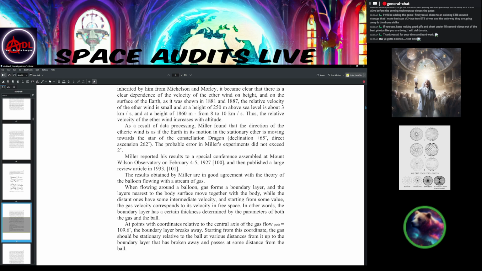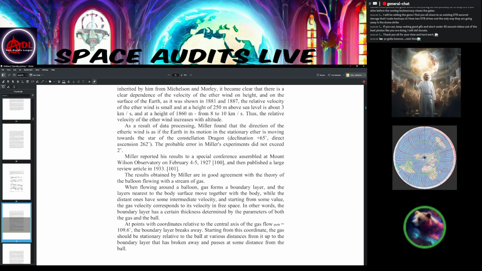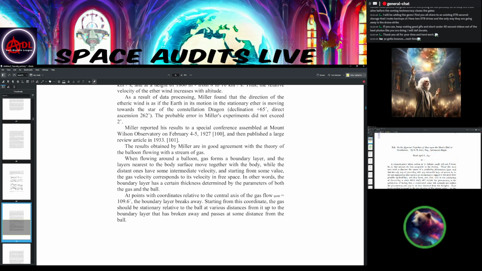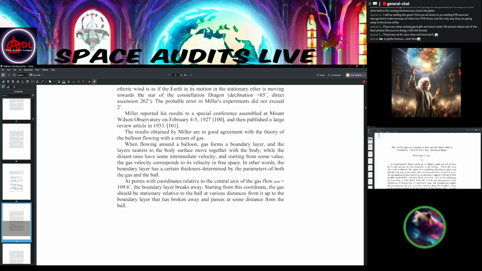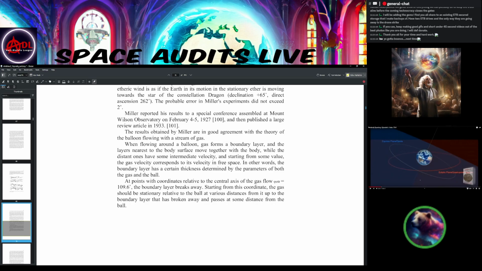Miller reported his results at the special conference assembled at Mount Wilson Observatory on February 4th and 5th, 1927, citation 100, and published a large review in an article in 1933, citation 101. The results obtained by Miller were in good agreement with the theory of a balloon flowing over a stream of gas. When the flow around the balloon forms a boundary layer, the layers nearest the body of the surface move together with the body while the distant ones have some intermediate velocity, starting from the value of the gas velocity